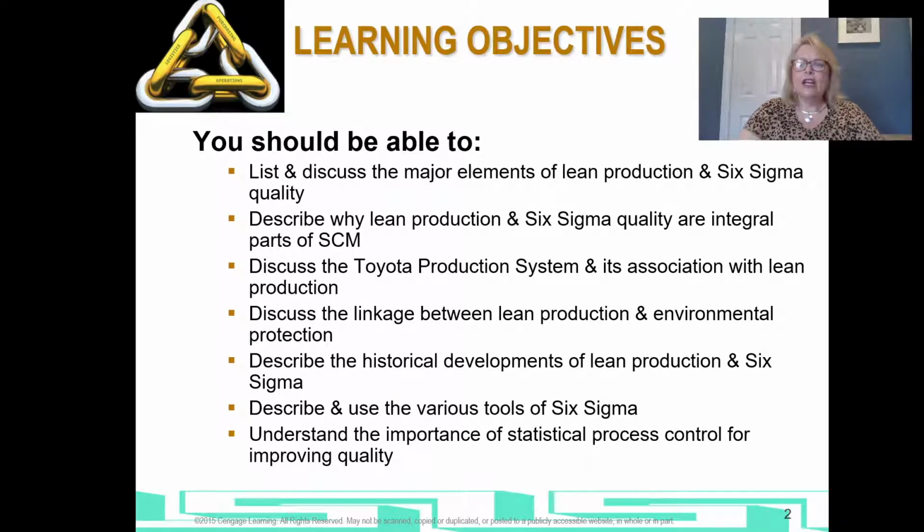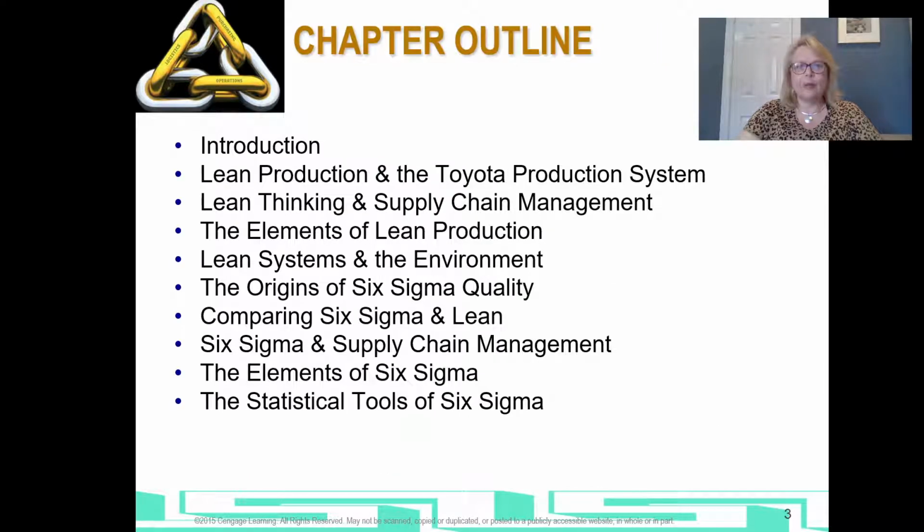your test. You're going to talk about why Six Sigma quality is very important in supply chain. You're going to understand how a Toyota production system is involved. You're going to understand what the difference between lean and the environment is, because we keep talking about that in this book. We're going to talk about how we got where we are a little bit. The history of this isn't so important to me. You're going to understand the tools and the terms, and we're going to talk about statistical process control and how